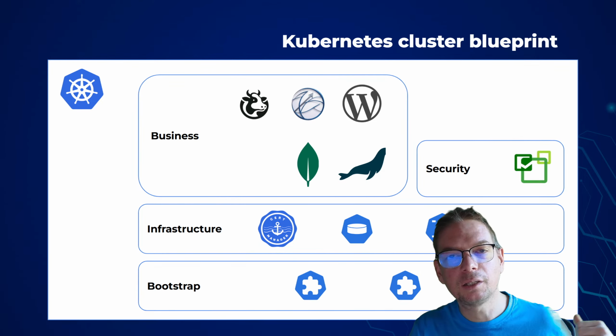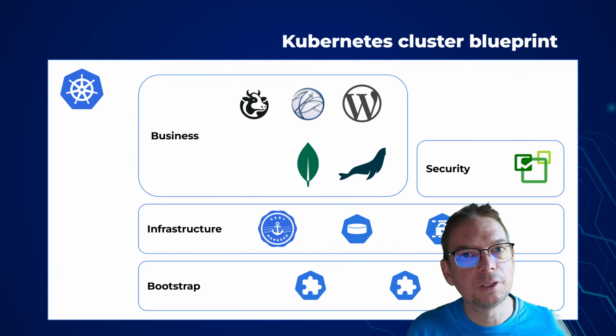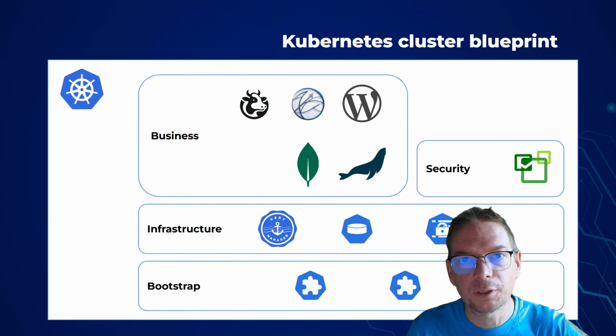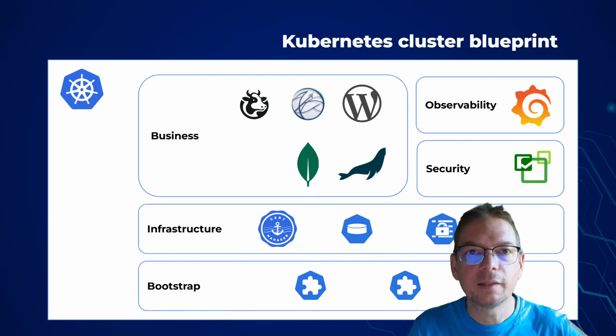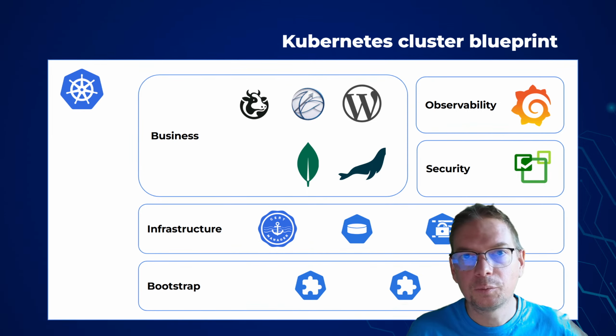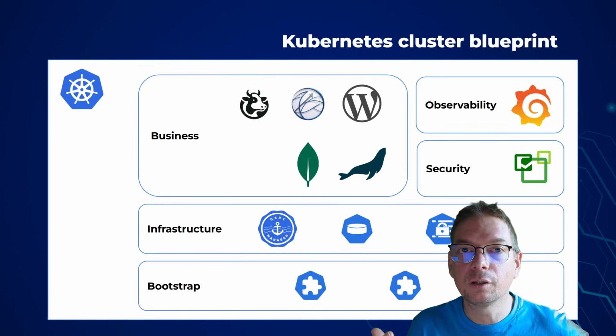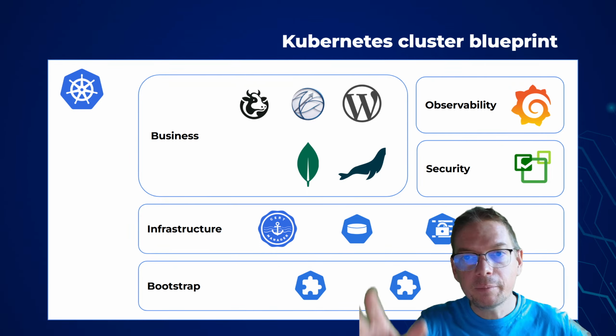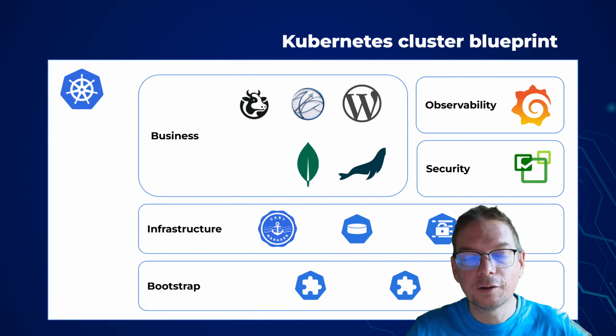I don't know if you saw yesterday, yet another issue with security issues with NPM packages. So security is a must-have. And then observability. You need to know what's running. You need to be able to investigate. You also need to have alerts if something is bad. And basically, this is kind of a blueprint of your cluster.